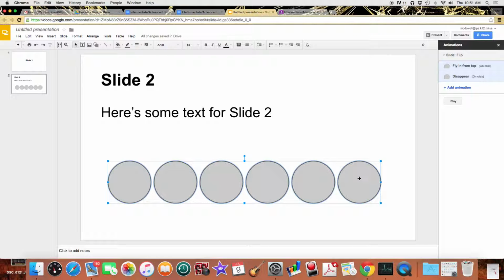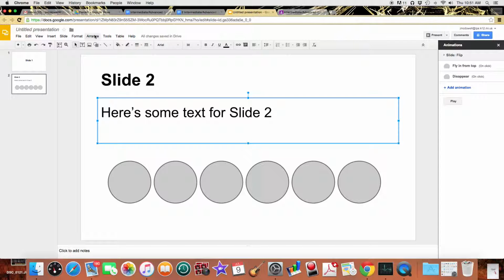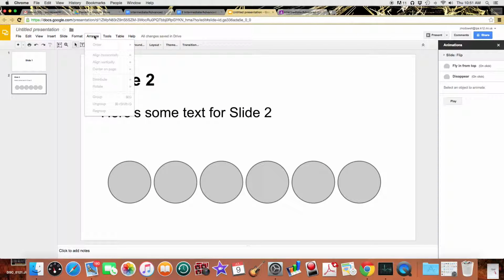So that's the nice thing about the Arrange button. So you can distribute space horizontally, vertically, you can rotate, you can group things. So all kinds of things you can do with the Arrange button. Okay,